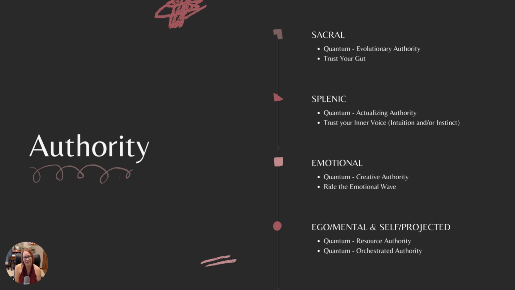I am a splenic projector, so that intuition, that instinct of feeling into things, I struggle with that, just like I'm sure most of us do, because my line one on the other side is a researcher. So you can see there's a lot of conundrums a lot of times in the charts, and that's one of the things we try to help people with, or at least I try to help my clients with, is how to work with those conundrums so that you can get the best possible out of everything going on.